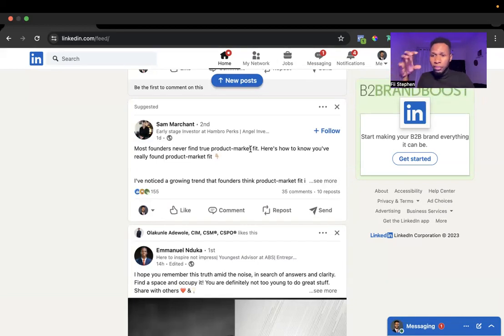Now, the last point after solution is benefit. Benefit is, okay, you've talked about the problem, you've talked about how your service can help with that problem. The benefit is what the people stand to gain. How does it ease the problem that you stated at first? How does it help them save time? How does it help them provide value for money? That's the benefit. What are they getting from the solution to the problem that you've stated?